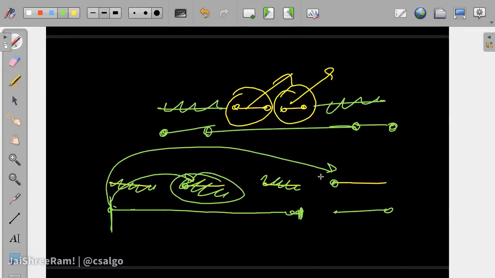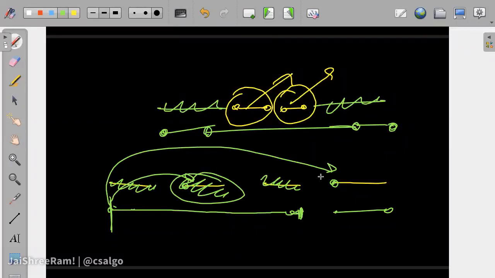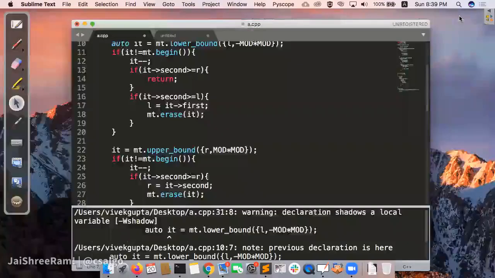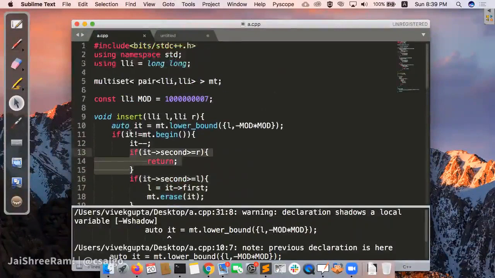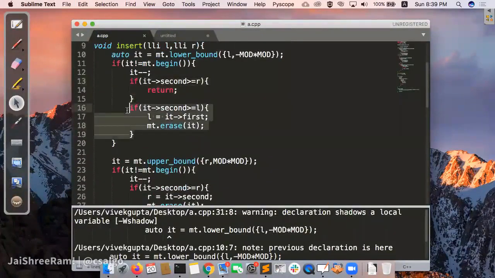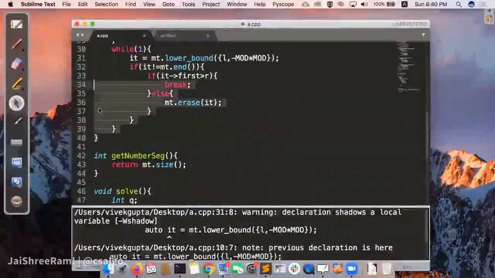I hope that even if you're still not able to implement this one, don't worry. At least you should be understanding the logic and how we are doing these things in a multiset, because that's very important to build. Also practice the questions, make sure you're completing the questions on the platform, that's the minimal set at least you should solve. Then you can also practice from external sources, like Codeforces or CodeChef. You're free to do that, but ideally you should at least complete the problems that are there on the platform, because those also cover some important techniques or topics that are required. Okay, let's move to the next.